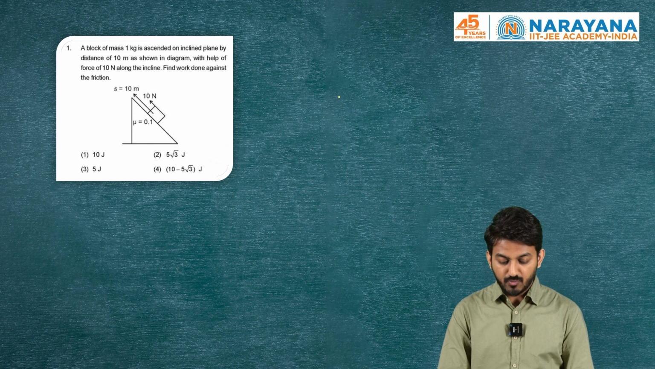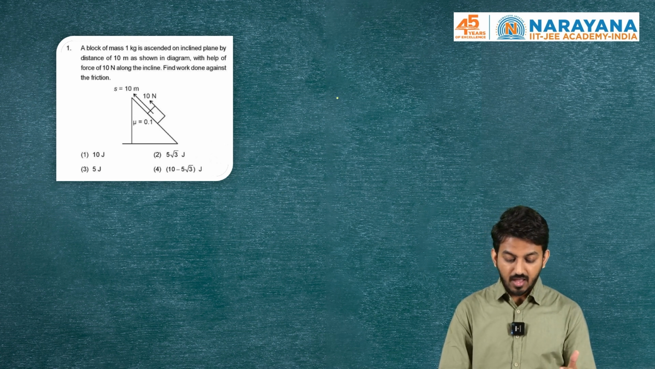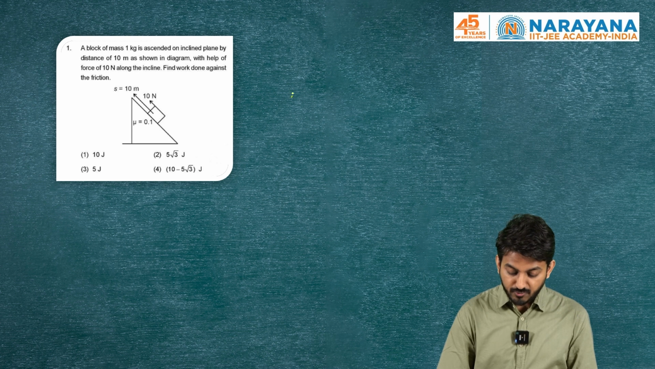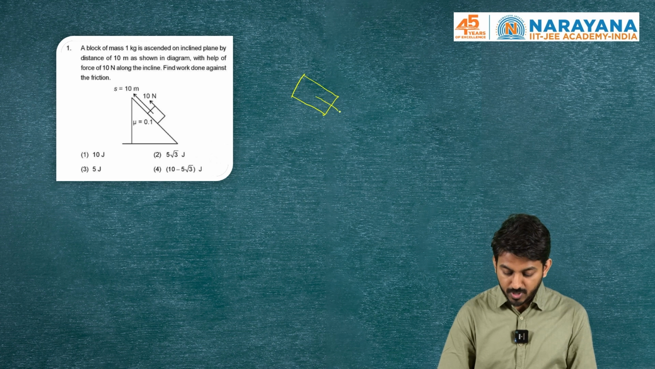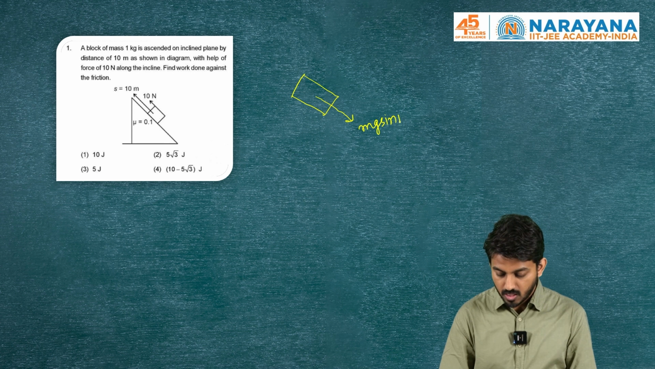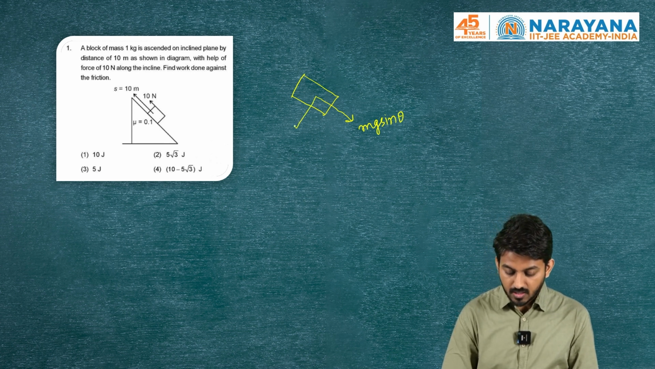So here we have a block which is being ascended up an incline by a distance of 10 meter as they have shown. Here they are asking for the work done against the friction. So if we draw the free body diagram of the body, we'll have component of mg down the incline, component of mg perpendicular to incline, normal force, and the externally applied force